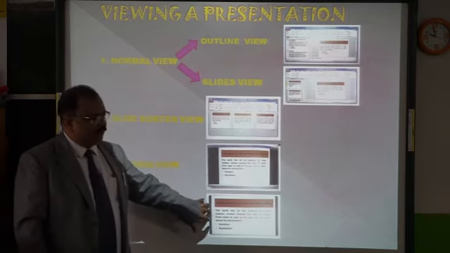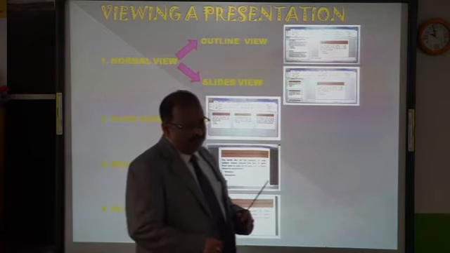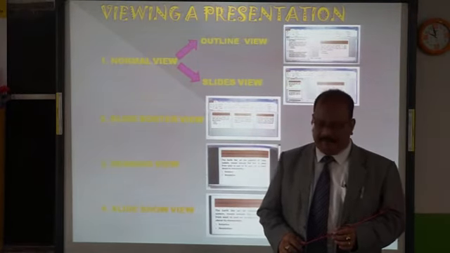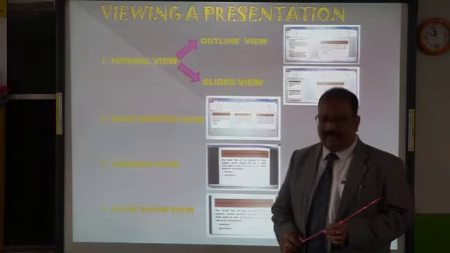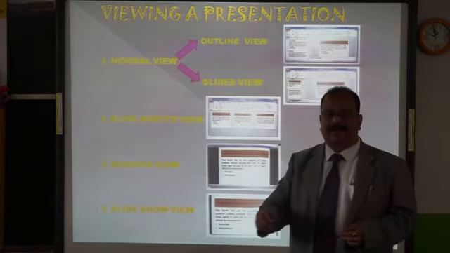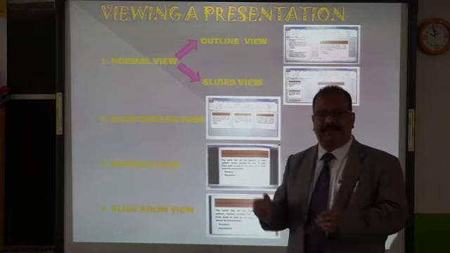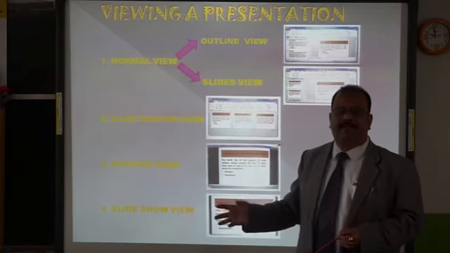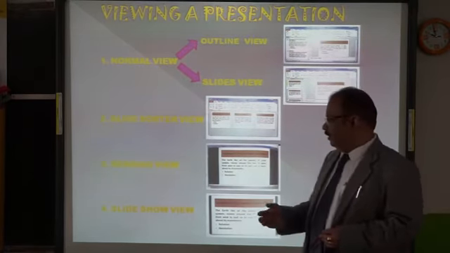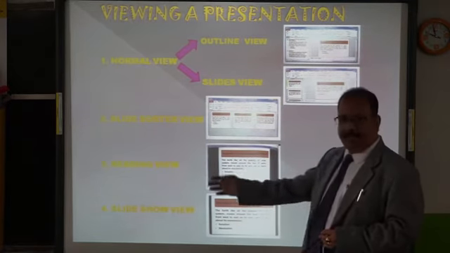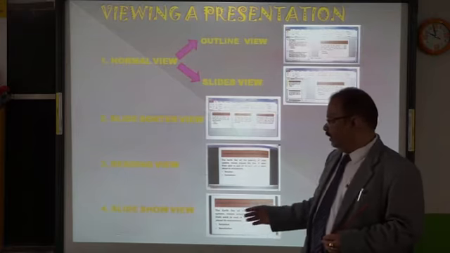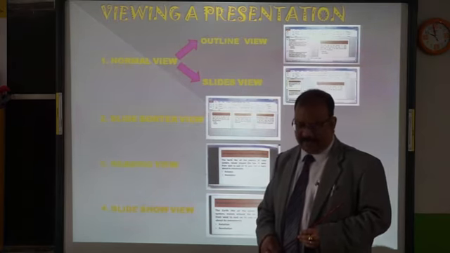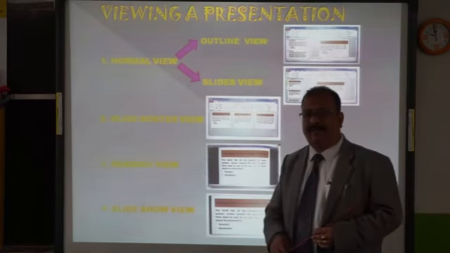Look at this. So this is slideshow view. When we go to this slideshow view, you can see the on-screen presentation. And what else you can do? Once you go for slideshow view, it will ask you whether you want it from the beginning, that means right from the first slide, or else if you are working in a fourth slide, that will become your current slide. So from where you want to start the slideshow? From the beginning, from the current slide. Accordingly you can choose the option to see this on screen presentation, and here slides will be coming one after the other, one by one.